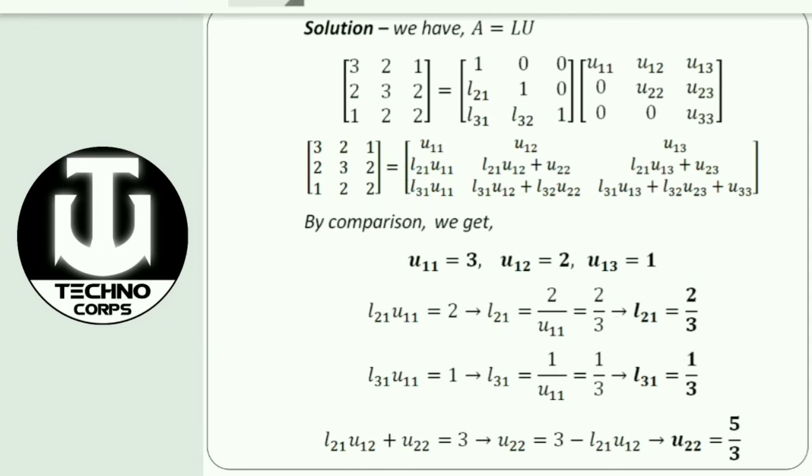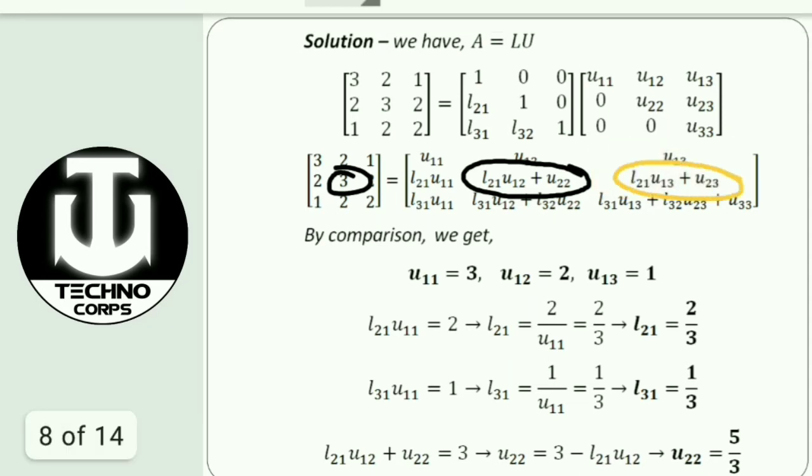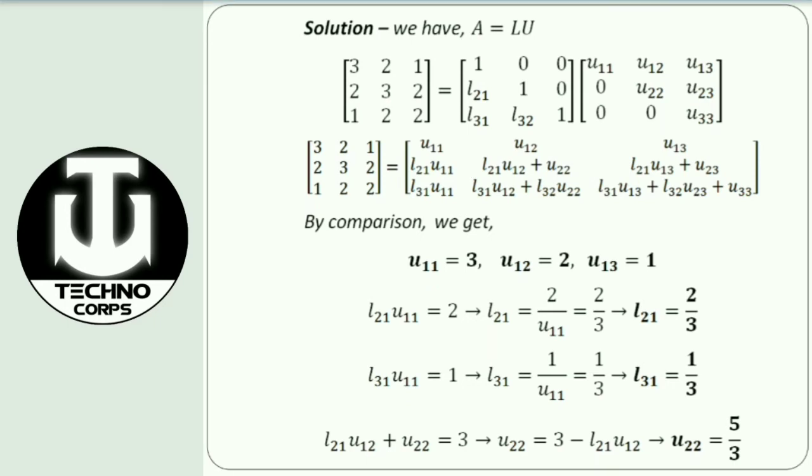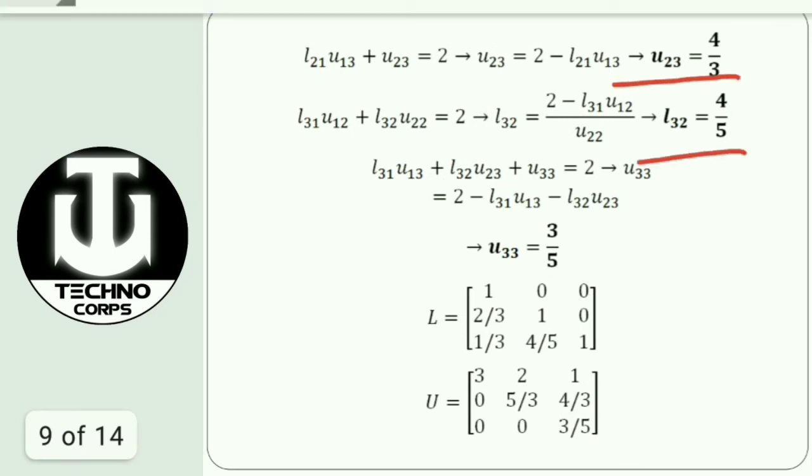Similarly, when I go for the solution of this part, I will get this equal to 2. You know the value of U11, that is equal to 3. So you can find the value of L21, that comes as 2 by 3. Okay, similarly you can get the value of L31 from this equation. So here you can see this product is equal to what? 1, this element. Okay, so you can get the value of L31 as 1 by 3, right? And you can go for the next solution by taking this equation, and so on. So when you go for the element by element comparison, you will get all the values here. See, I got the remaining elements also.